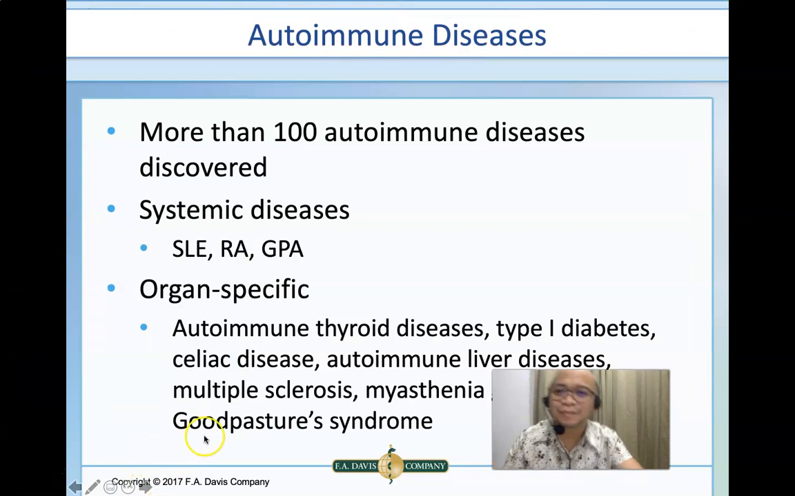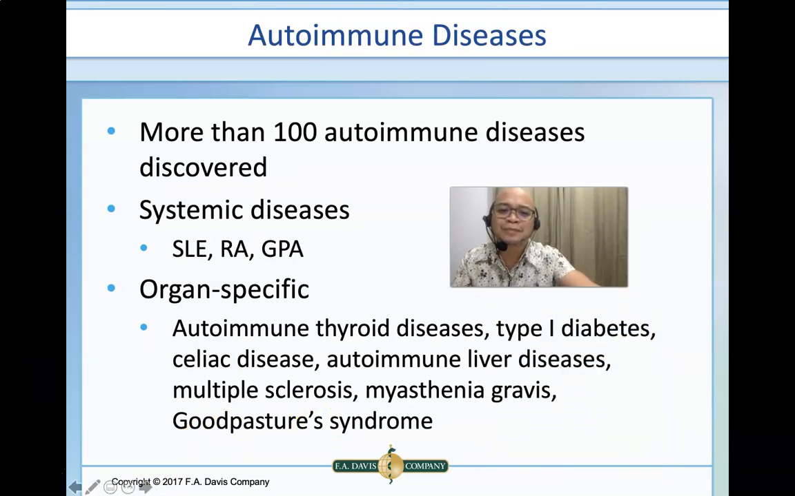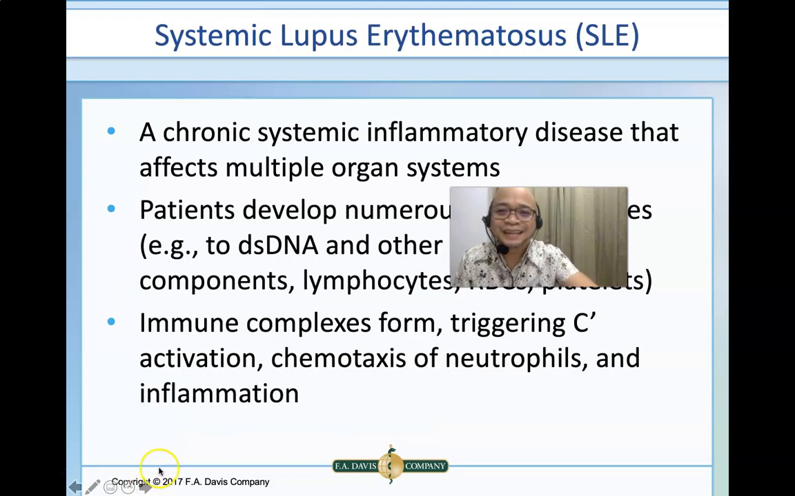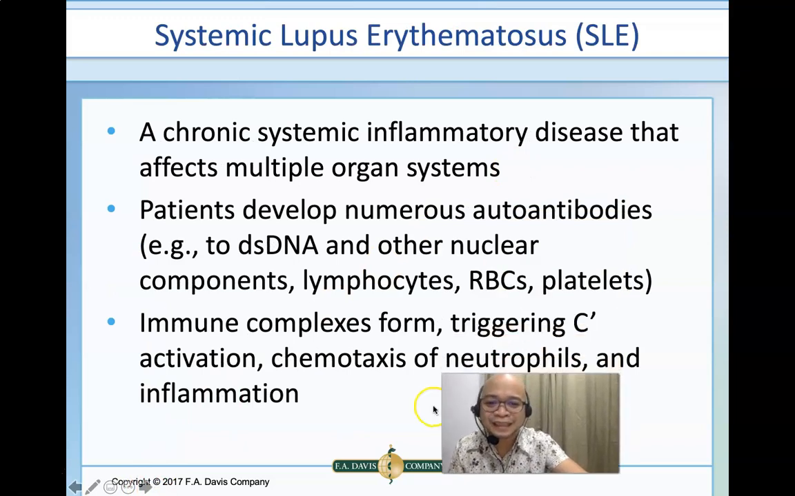Okay, so let's talk about the different types of autoimmune diseases. There are actually several types of autoimmune diseases. I'll also be including a supplemental PowerPoint alongside this screencast. There are more than 100 autoimmune diseases that were discovered, and we can divide them into systemic and organ specific. So let's talk first about the systemic, and one of them is systemic lupus erythematosus,